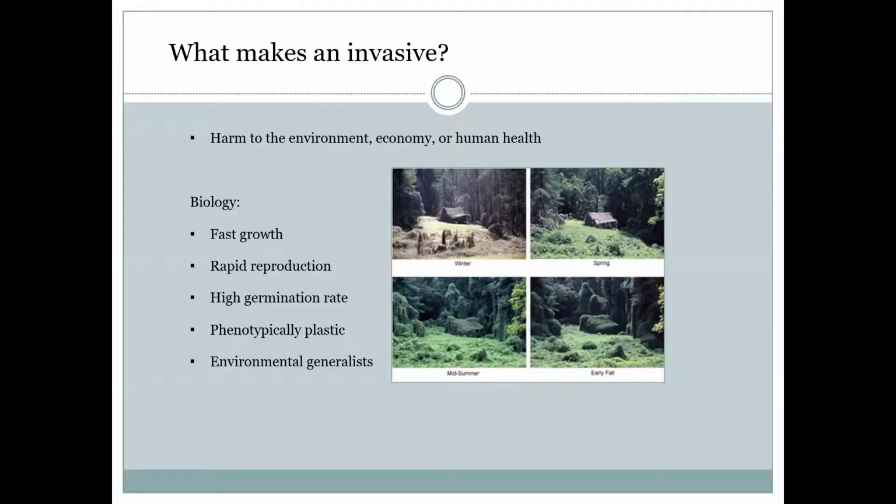Typically, the reason that an invasive plant can cause harm to the environment or to the economy is because of their fast growth rate and fast reproduction rate. Sometimes they have attributes like allelopathic chemicals that they might put out into the soil that suppress growth of other species around them. But typically invasive species will share fast growth rates, rapid reproduction rates, high germination rates of the seeds that they put out,